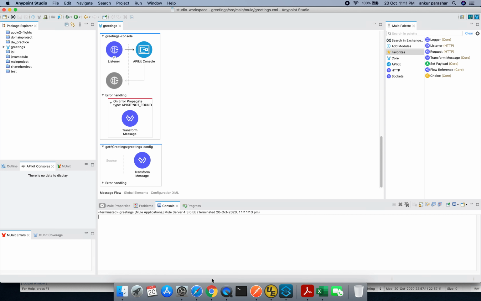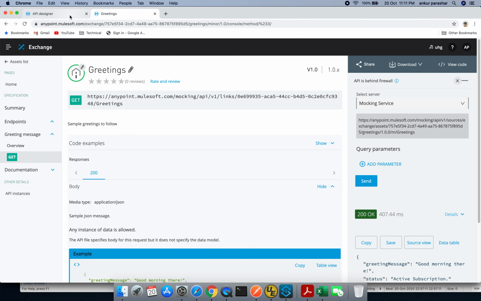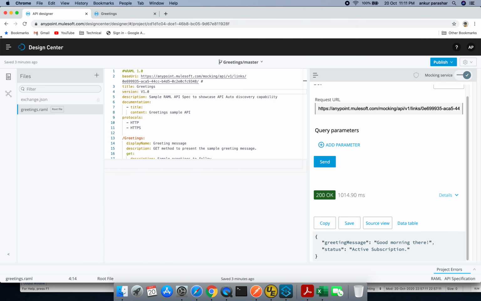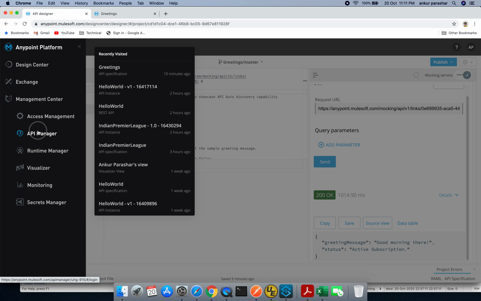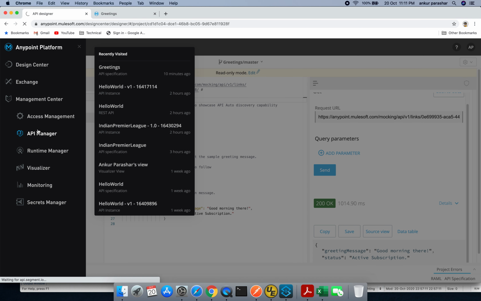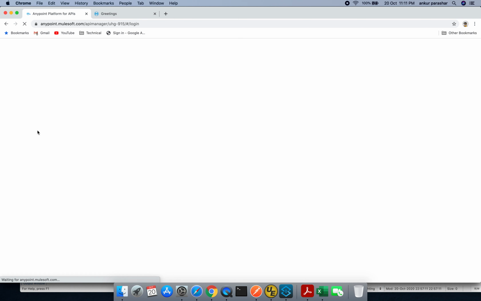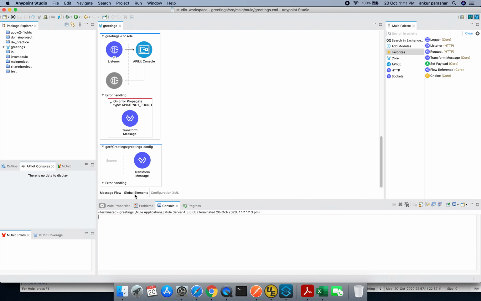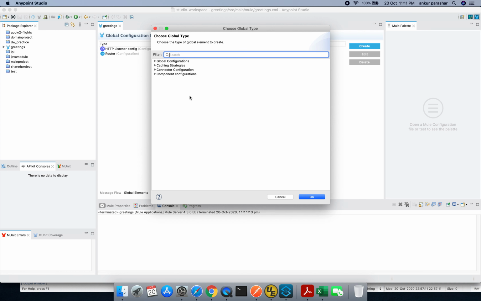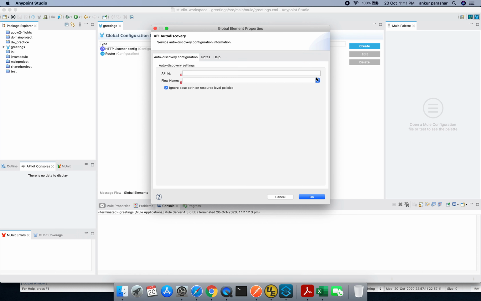So now the next thing we are going to do, I will go to the API designer. Since it has already been published, I will go to API Manager very quickly, and we'll do the groundwork for API auto discovery. In the meanwhile, here we will need an API auto discovery component configuration. I will click on OK. This flow name will be the one which will be triggered as soon as it is triggered from this